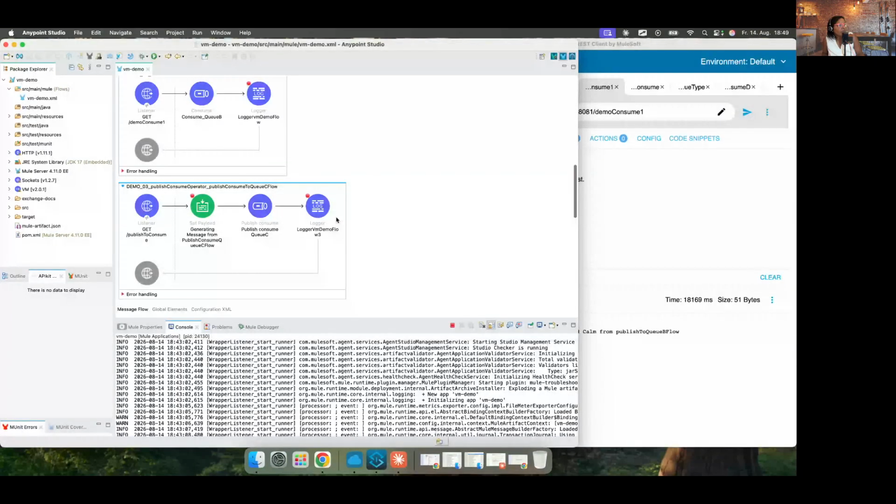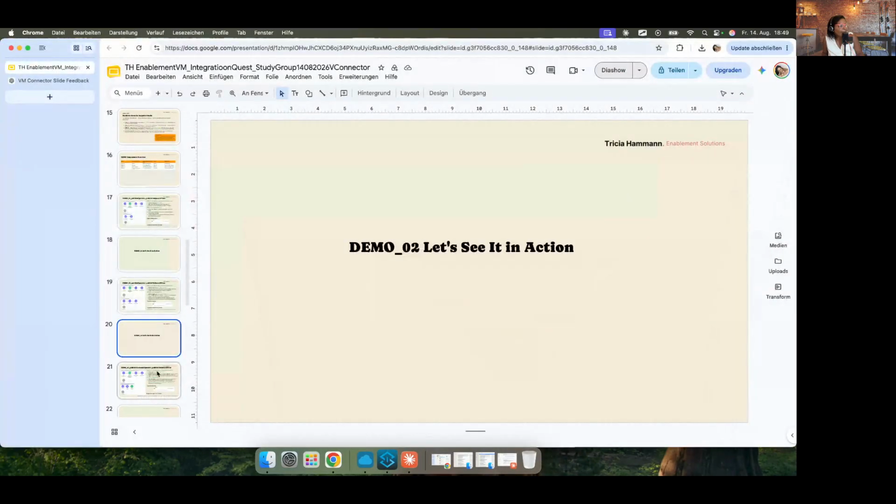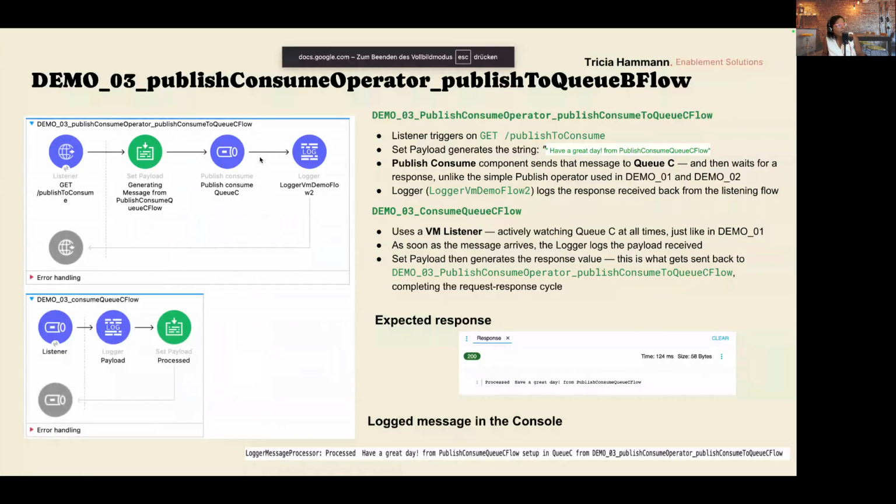So let us just now go back to the presentation. And let us check what I prepared for you in demo 03. The start here is the publish consume operator, which is available in the publish consume to QC flow. Okay, so we work here with a listener configured to work with a method get, and the path is publish to consume.